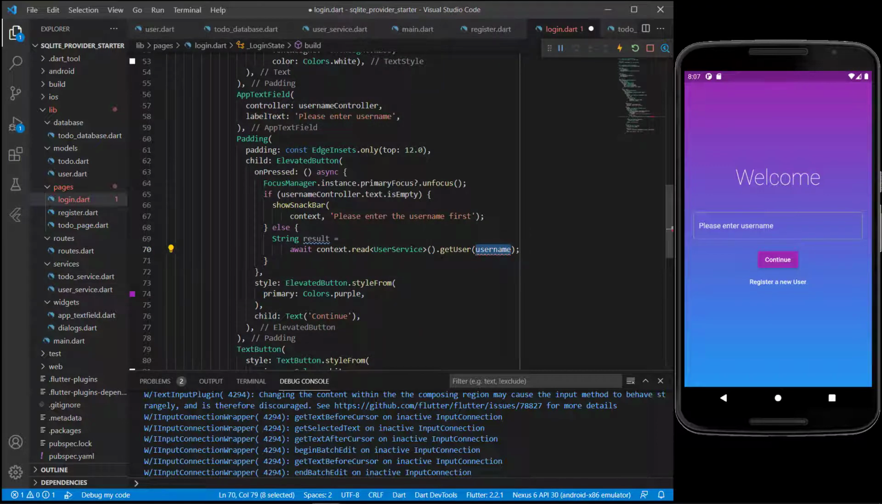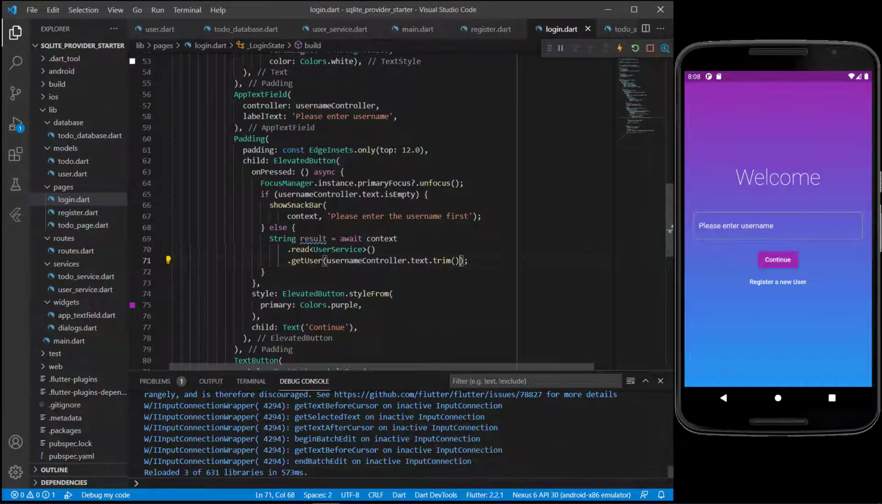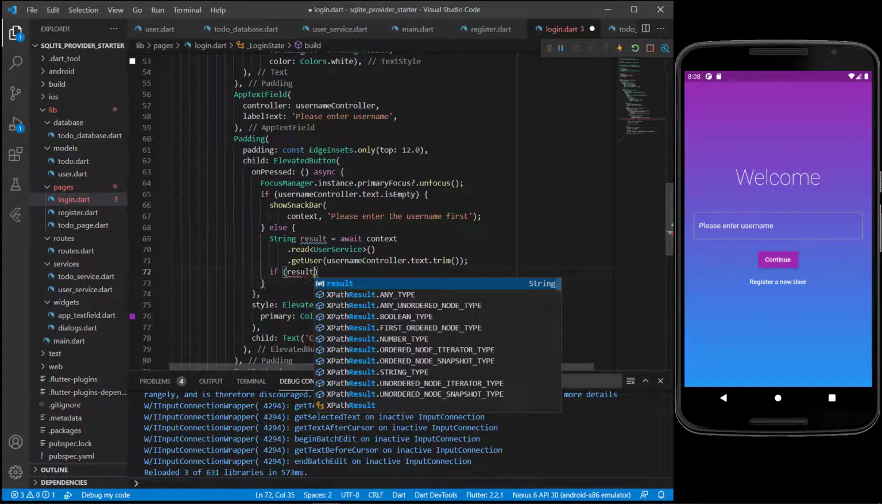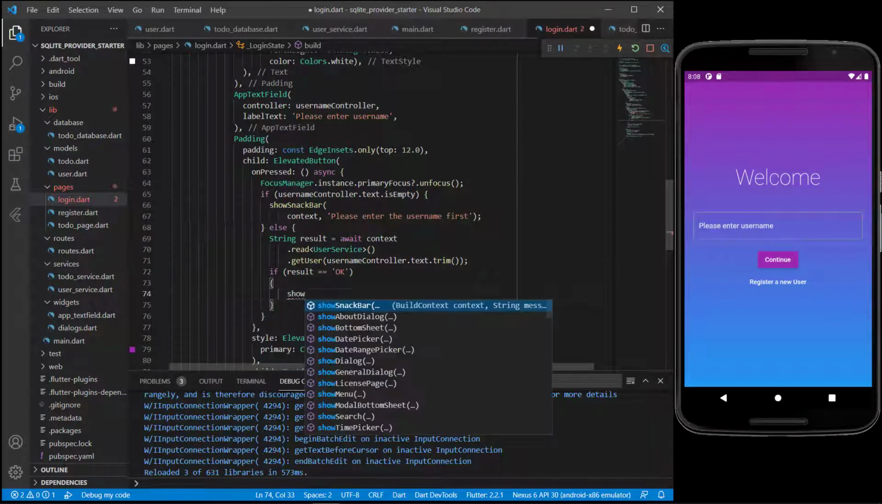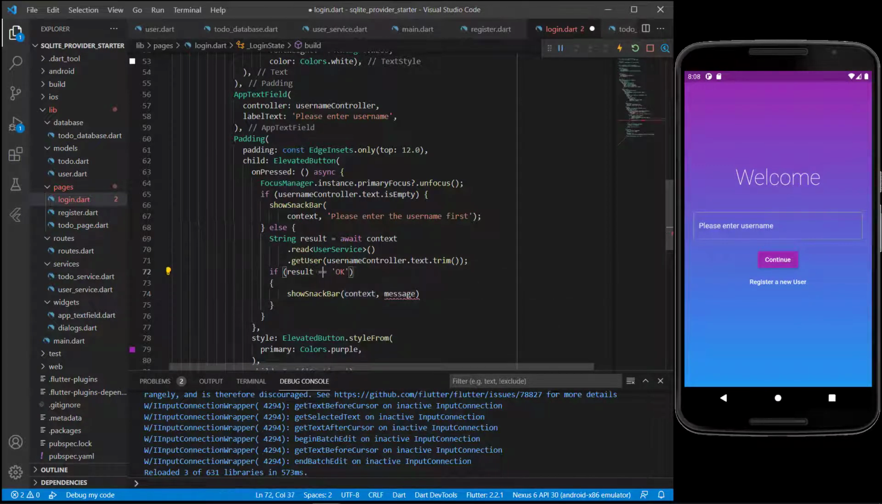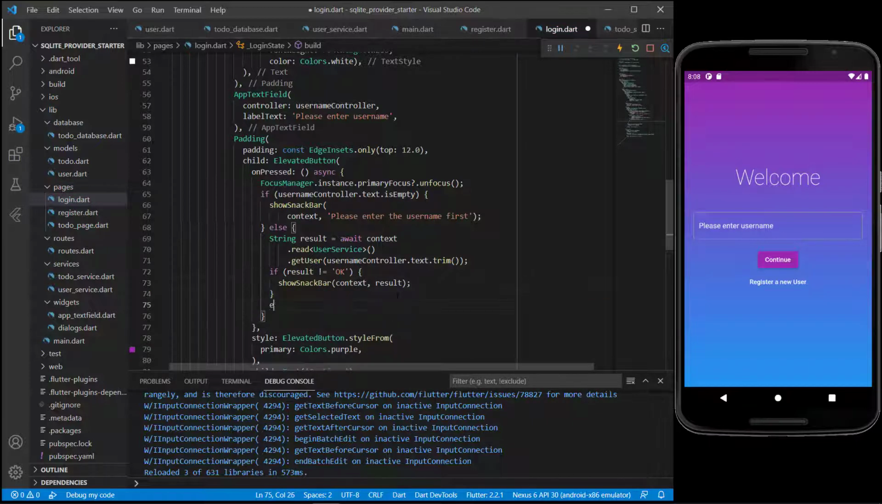So we want to pass in the username there, which will come from the username controller.text. And I'm just going to use trim again to make sure that there's no empty white space. Right, and then we can test that result. If that result is in fact okay, then we're going to show a snack bar. Sorry, I'm going to say if it is not okay, we will show the snack bar and just show the result there. Okay, the else part is the result is okay,